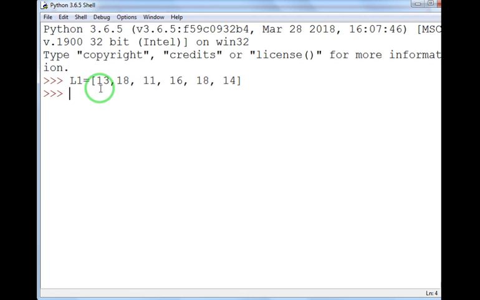So this is my list L1, and I want to access all the elements present in my list one by one. For that I will be using a for loop. I can create any loop variable.